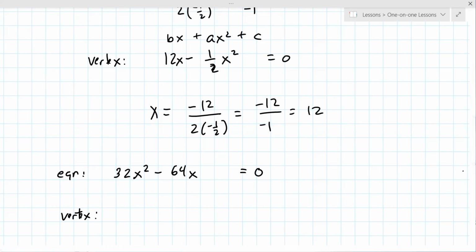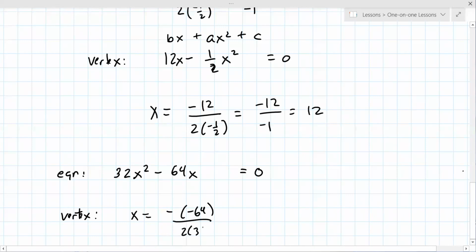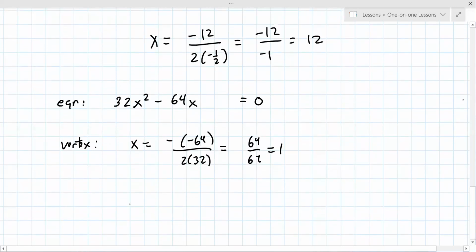Is it 1? It is. Okay, it is minus 64 over 2 times 32, which is 64 over 64, which is 1. Okay, so let's try another one. Let's say it is